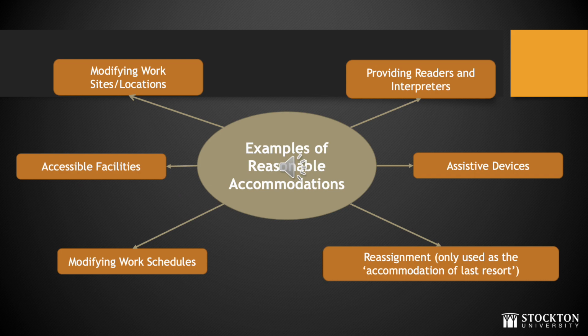The ADA provides examples of reasonable accommodations. However, what is reasonable is a fact-specific determination based on the essential functions of the job and the specific details regarding the employee's disability. Some common examples of reasonable accommodations include, but may not be limited to, making existing facilities readily accessible to and usable by individuals with disabilities, job restructuring, modified work schedules, reassignment to a vacant position, acquisition or modification of equipment or devices, or provision of qualified readers or interpreters.